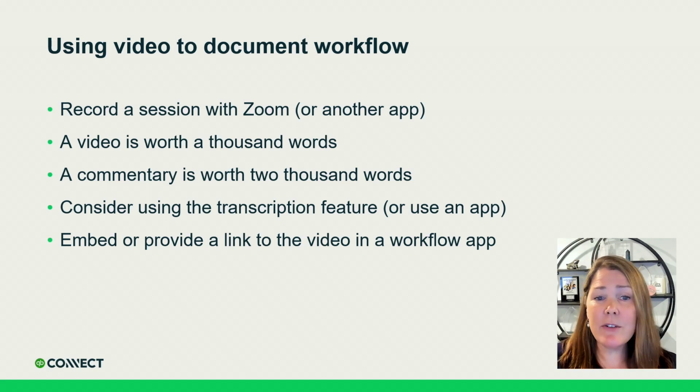Consider using the transcription feature. Zoom has this built in. They just released it a couple of months ago. It's amazing. It'll try to capture everything you say in typed words, and you can go through and edit it after you've finished recording your session. On the next slide, I'm actually going to show you a screenshot of where you can go to enable that feature within your Zoom